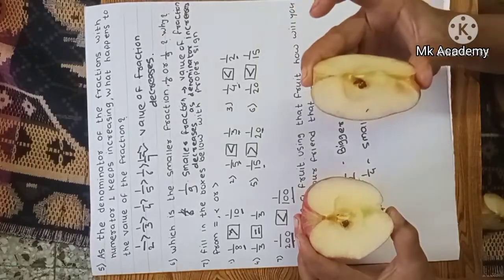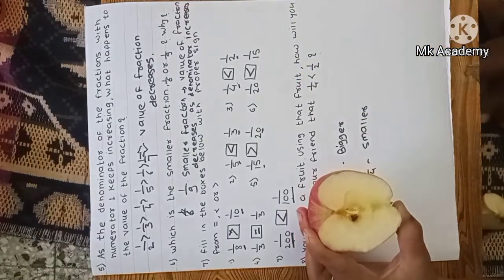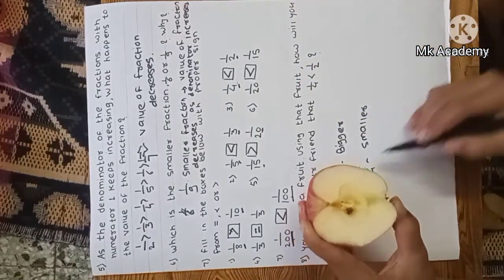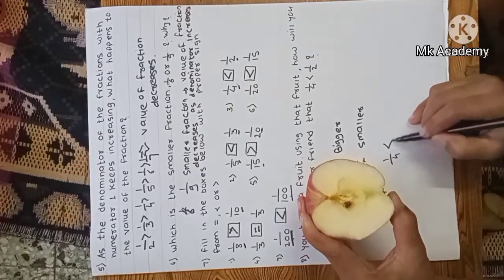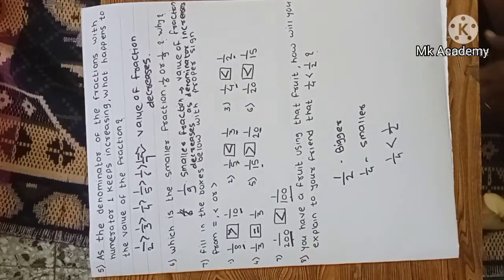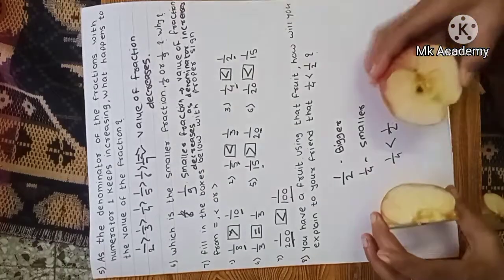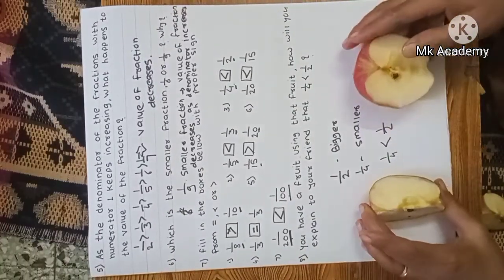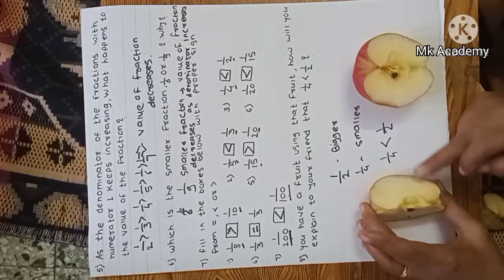See, this is the smaller part and this is the bigger part. Therefore this 1/4 is smaller and 1/2 is greater. See, this is 1/4 and this is 1/2. Then which is smaller? Yes, 1/4 is smaller or